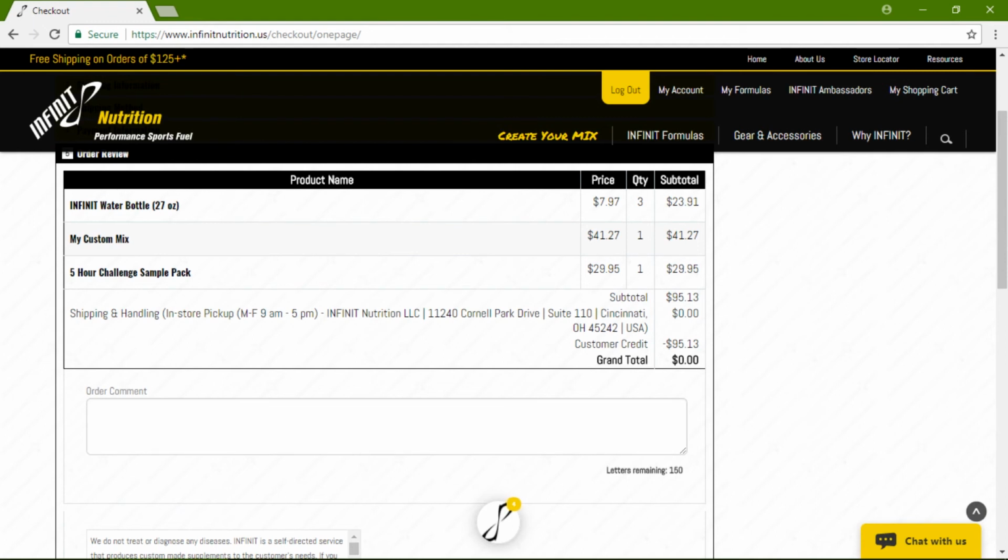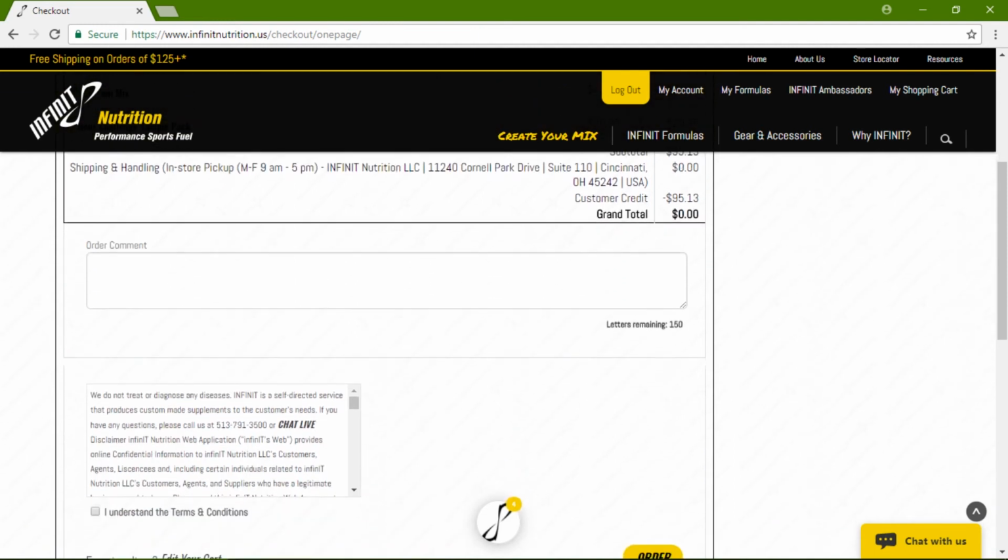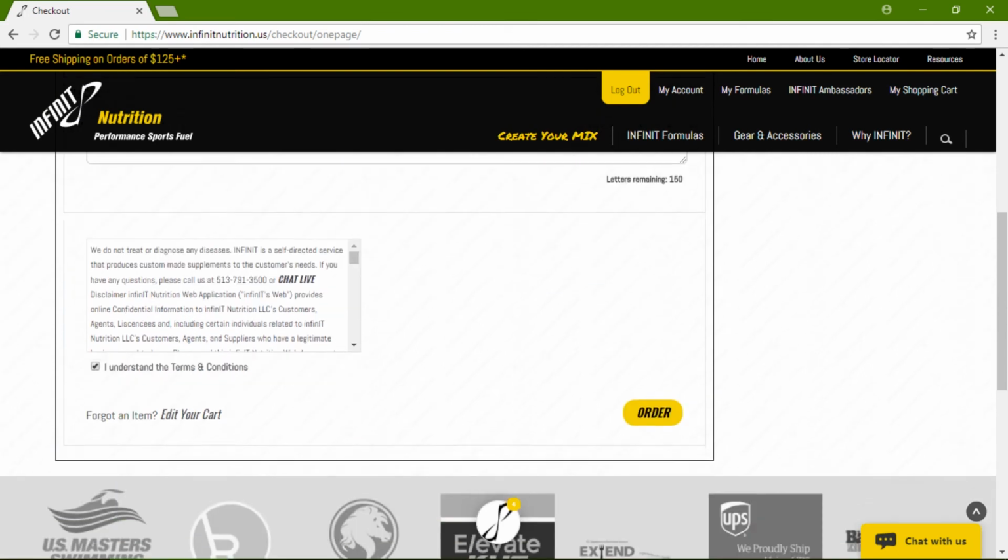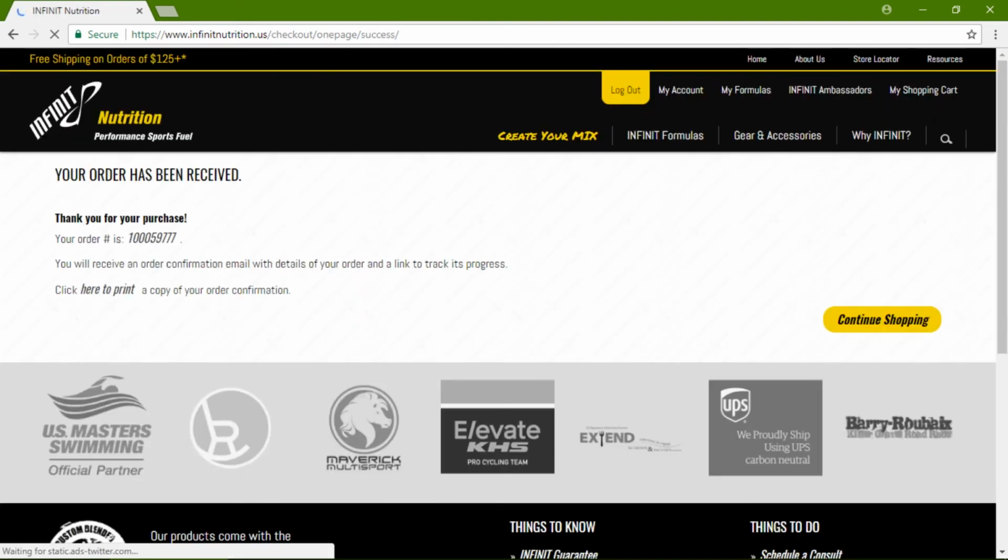So here you can leave a comment if you would like. If you need any stickers, tattoos, or anything like that, feel free to request the customer service add some in there. Make sure you click that you understand the terms and conditions, and then we'll place the order, and your order will process. So now your order has been received, and you should get this confirmation page,